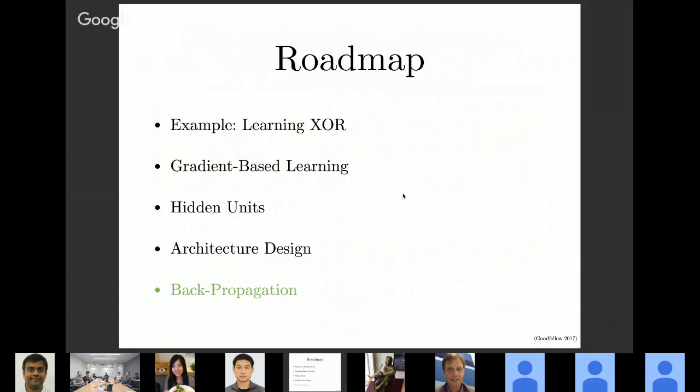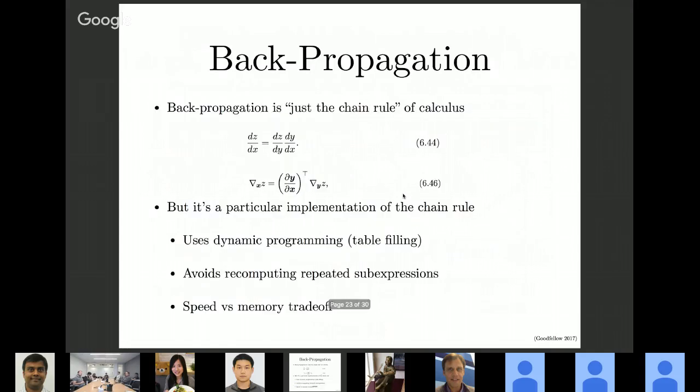The last part of this chapter on feed-forward nets is about backpropagation. We want to fit these models using gradients, so we need to actually get a gradient somehow. The backpropagation algorithm is really simple. It's actually, you could say, I put it in scare quotes, but you could say that it's just the chain rule of calculus. And so essentially, if you've got some input variables x and some output variables z that have